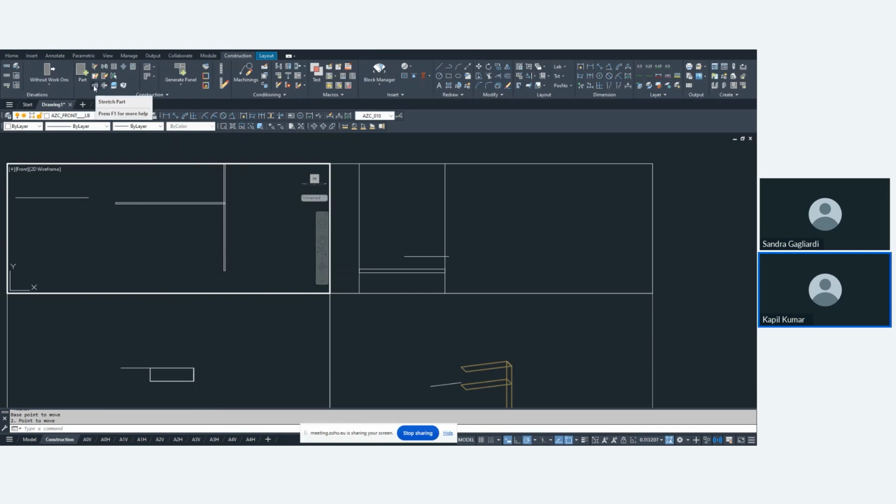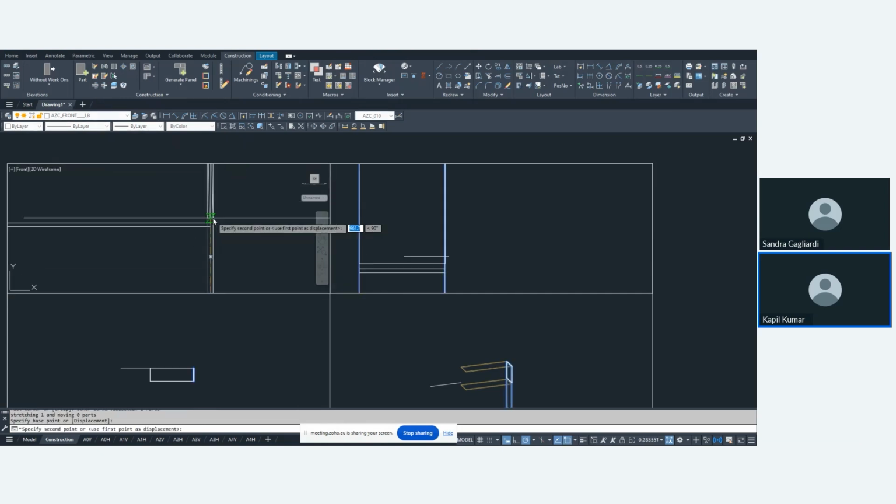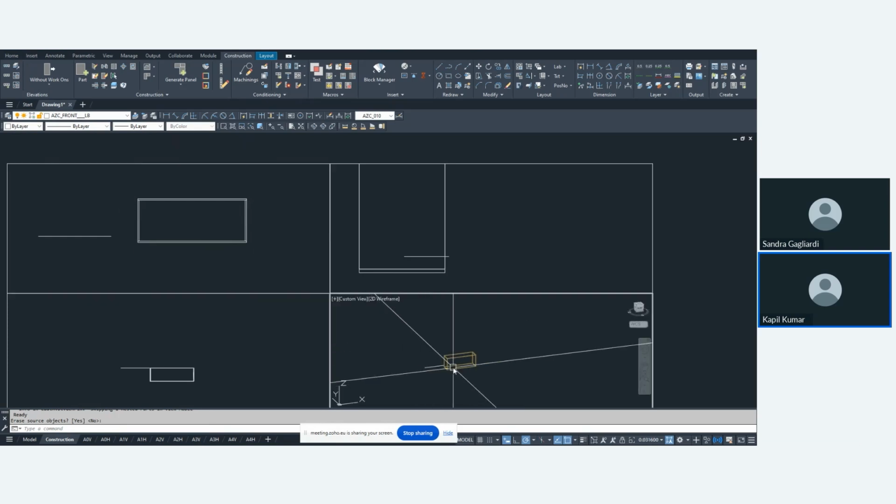Either we select it from the stretch option, or I use QST, enter, select the part and stretch that part from here to here. Then QMI for mirror, with the same reference point, same as AutoCAD. As you can see, I draw only one part in the beginning, then I used that part and mirrored it accordingly. So you can see here in the isometric section, all four panels are drawn automatically,